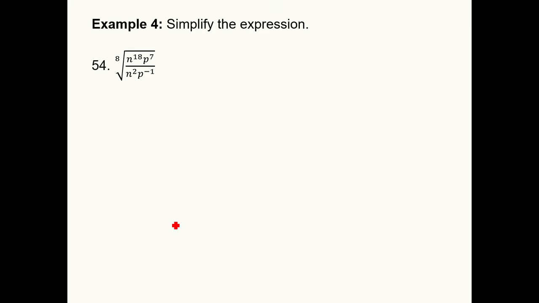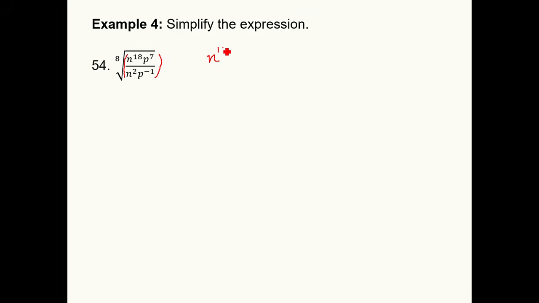All right, and number 54. Here we've got a simplifying project where we've got an 8th root with a bunch of stuff going on underneath. Now our order of operations says that we want to handle grouping symbols first. And when I look at this, I sure see this nasty fraction as being a group of terms underneath that radical. So let's try and simplify that first.